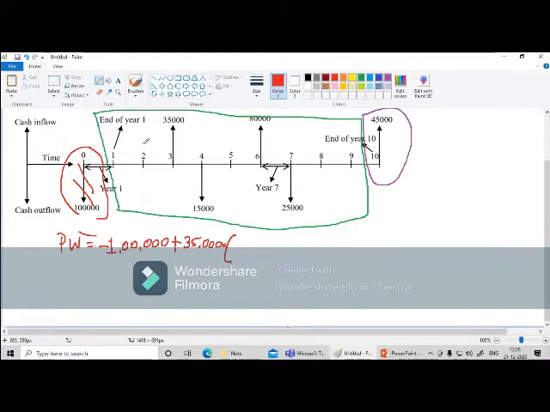It is a single cash flow. If you observe from this present, it is somewhere in the future. From here, if you observe from 0, it is somewhere in the future. So I want to convert it to present from future. So I multiply it by P by F, I comma N